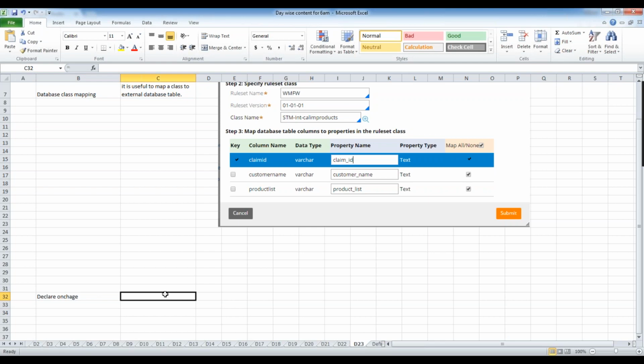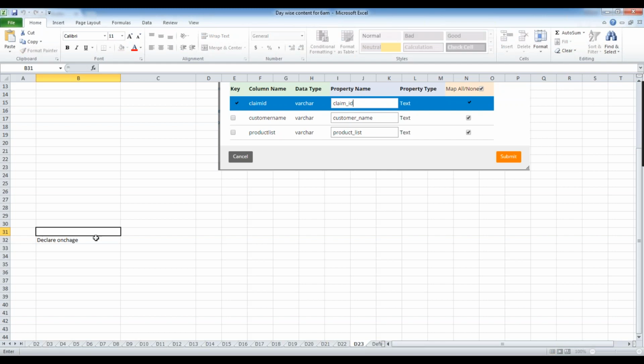So whenever there is a change in the property, you can call an activity, and whatever logic you want to build, you can do that. The logic may be anything, maybe just saving the data to the database, or whatever the business wants to achieve when there is a change in the property. Here also, declare onchange rules accept only activities. Here also you cannot call any other rule.